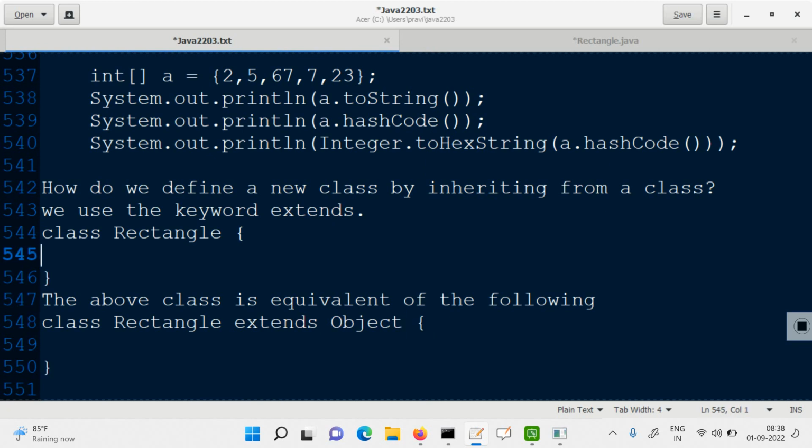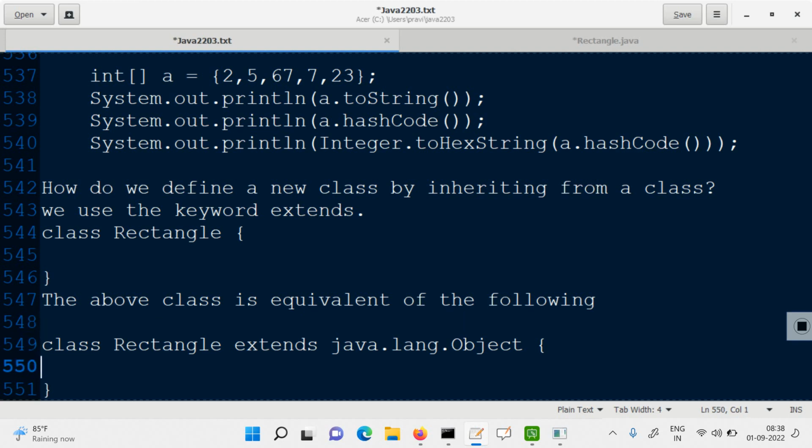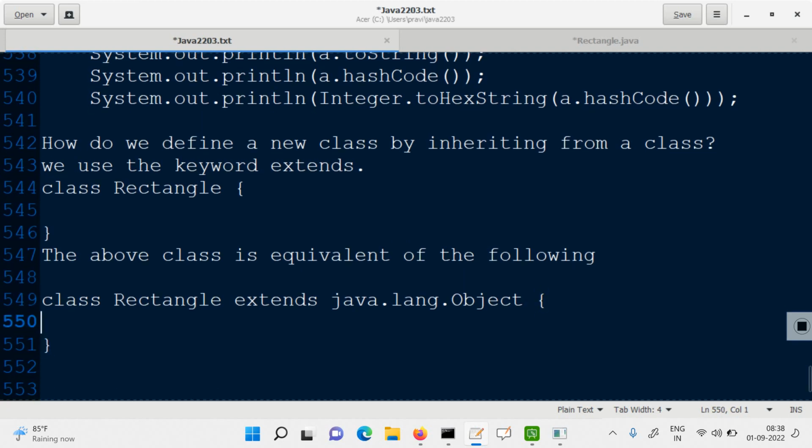So if you are not giving extends in a class definition, it would mean that it extends from Object. I have written only Object, but we do understand that it's not just Object, there is a prefix of java.lang. Clear? So anytime you are defining a class and not mentioning an extends,